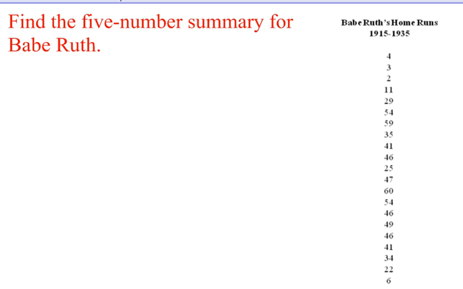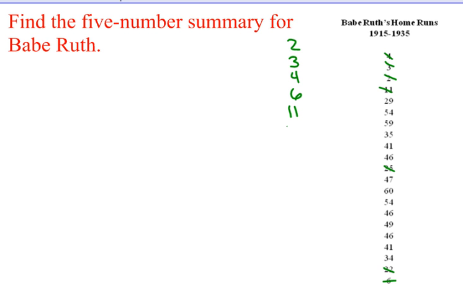We're going to first find the 5-number summary for Babe Ruth. This is what we did in our last lesson. We have to again order these from least to greatest, so I'm going to do that over here. I've got 2, 3, 4, 6. I remember doing this last lesson. And in the teens I have an 11. And then the 20s I've got